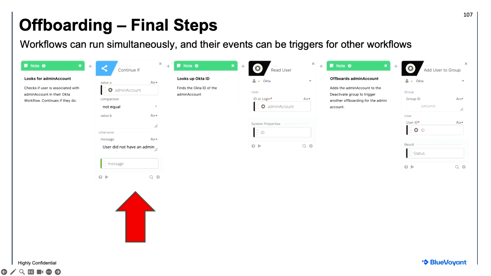Now this last slide here is actually part of the original primary offboarding workflow, and the reason I put this at the end is because we created a custom attribute for our individuals who have admin Okta accounts. So we take their email address or their username from that account and we put it into the custom field of their primary account. So when we offboard their primary account at the very, very end, when it's basically inconsequential, it will read that custom attribute, and if there's an email address in there, it goes, oh, okay, this person had an admin account. Let's put that admin account into the deactivation group, and that will trigger another workflow of